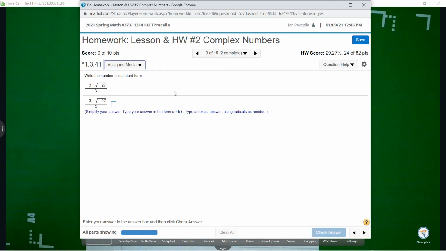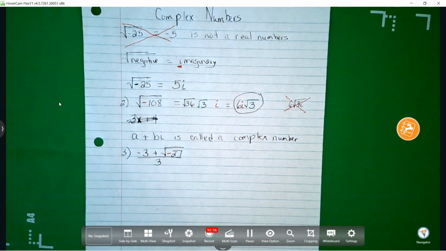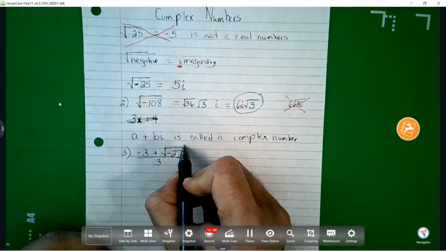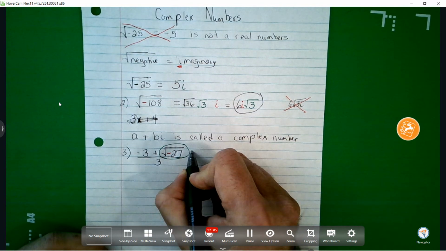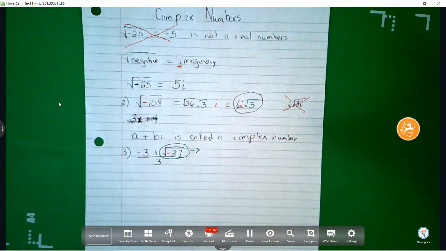And when we're through with this, we'll have it written as a complex number. So let me see. Well, to begin this, you'll simplify the square root. Let's simplify that square root. Well, first of all,